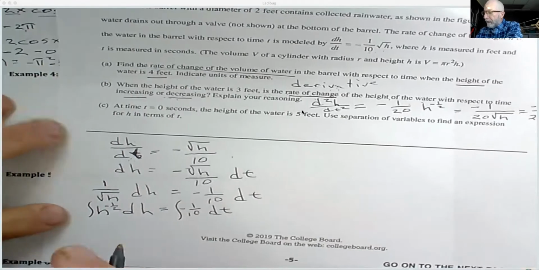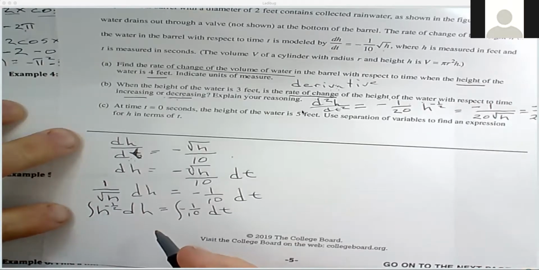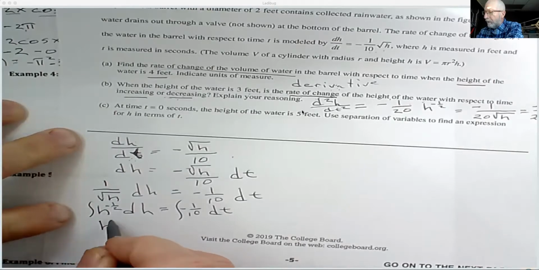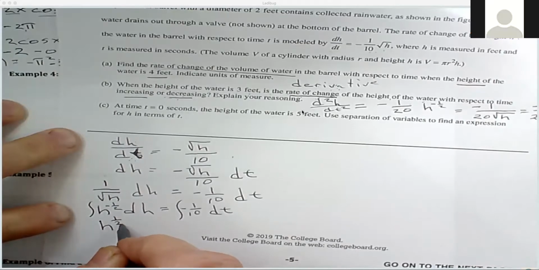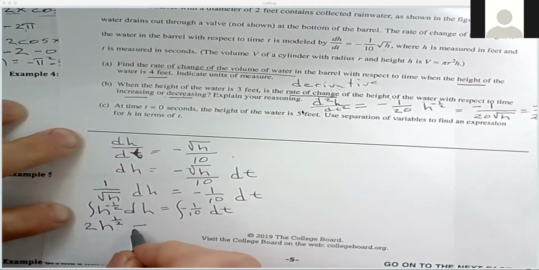So what is the antiderivative of h to the negative 1/2 power, Adam? h to the 1/2. Well, h to the 1/2 is correct, because I'm going to add 1, correct? Yep. And then I'm either going to divide by 1/2 or multiply by the reciprocal of 1/2, which is 2. Now, then Adam, I always check here. 1/2 times 2, that's 1. Subtract 1, I get negative 1/2. Everything's okay.